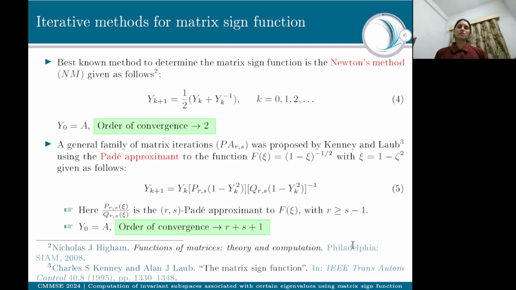The best known method to determine the matrix sign function is Newton's method, given by equation 4. It has order of convergence 2. Then a general family of matrix iterations was proposed by Kenney and Laub using the Padé approximant to the function f(ξ) = (1 − ξ)^(-1/2) with ξ = 1 − x², given by equation 5. Here P/Q represents the (r,s) Padé approximant to f(ξ), and its order of convergence is r